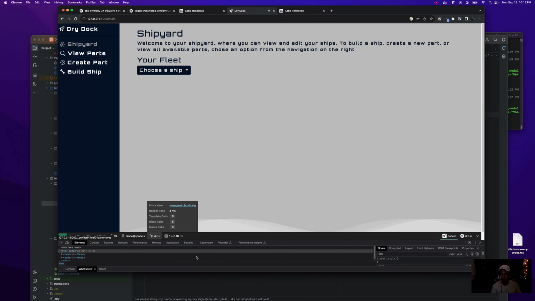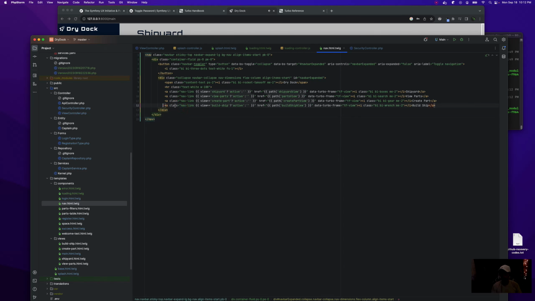I want to, here, we'll just add a logout button really quick, because why not? That will never be active. btn danger. Logout. No, it's definitely not a turbo frame false.